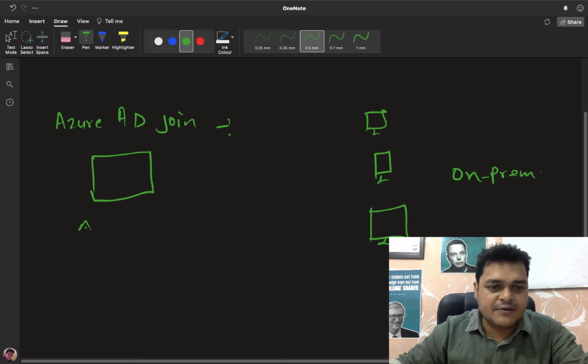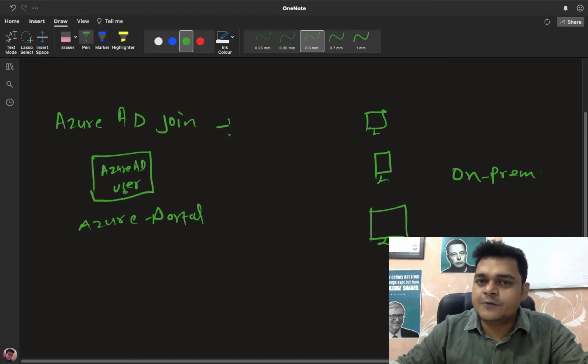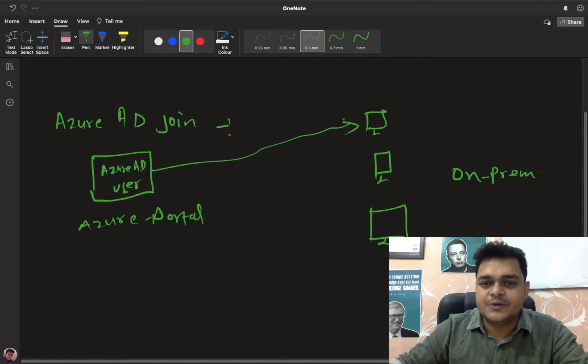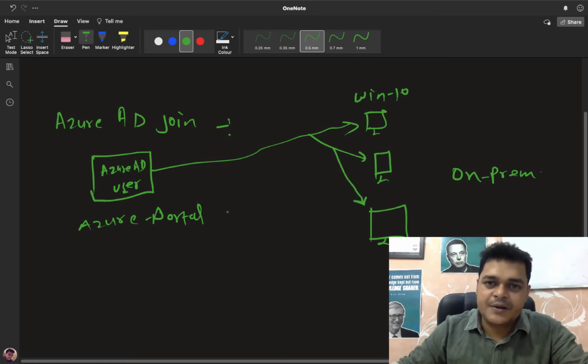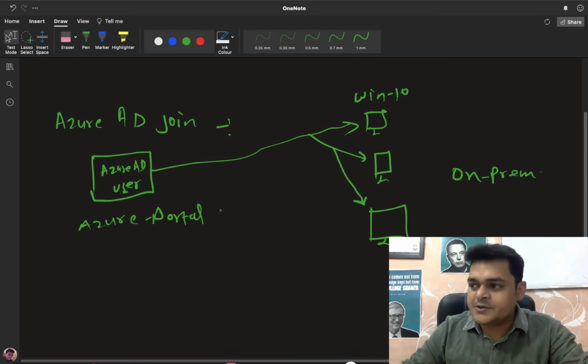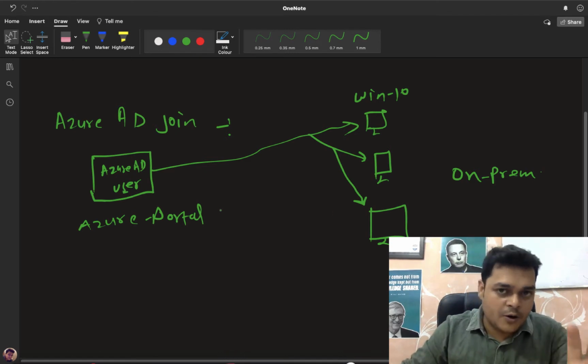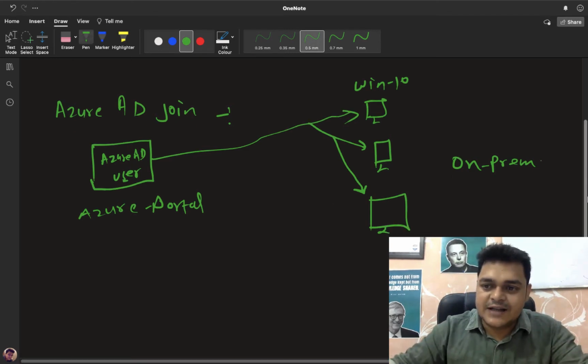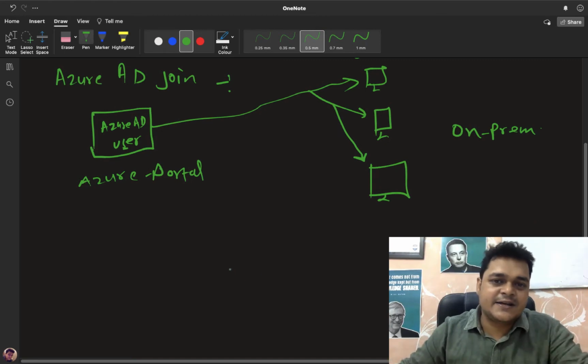This is our Azure Active Directory, and on the Azure portal we are able to create Azure AD users. By using this particular user, we'll connect our on-premises Windows 10 machine. This concept is considered Azure AD Join. Whenever you connect your on-premises Windows 10 machine and control it from the Azure portal, all the settings and all the activity are considered Azure AD Join.